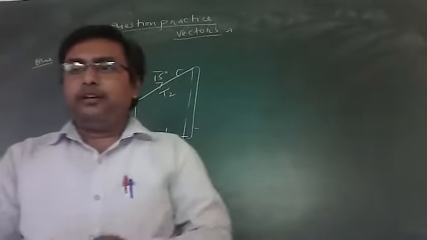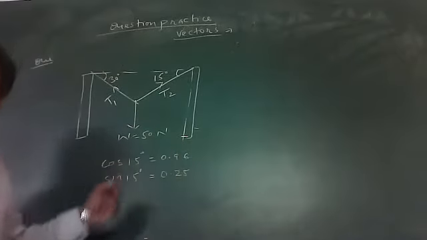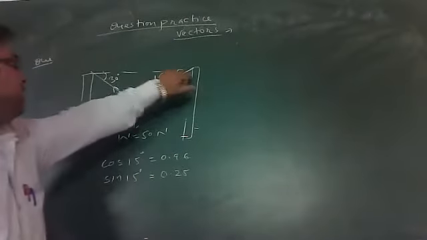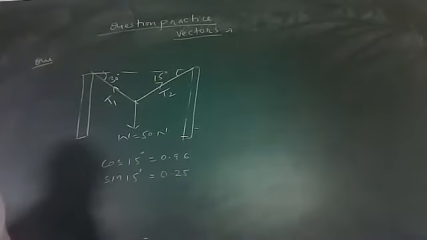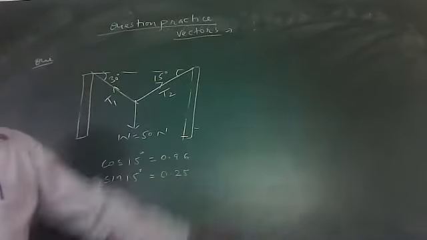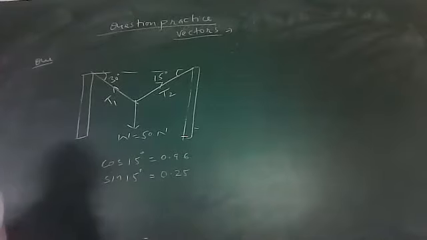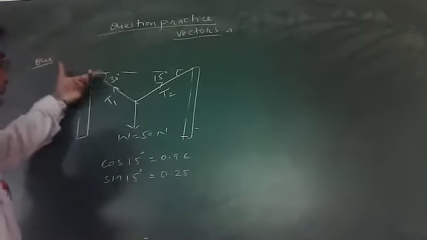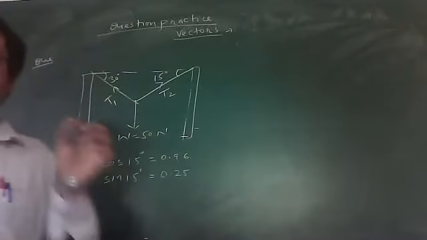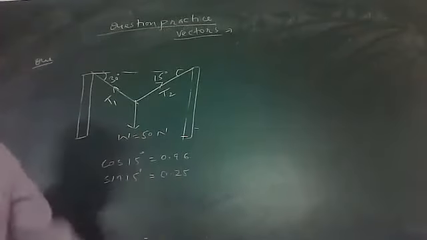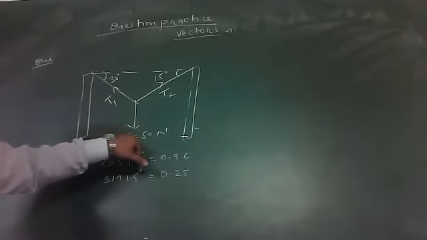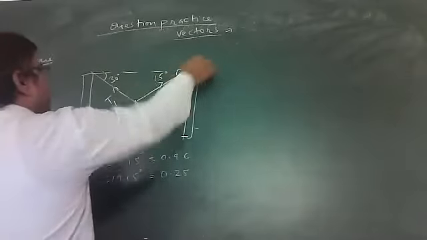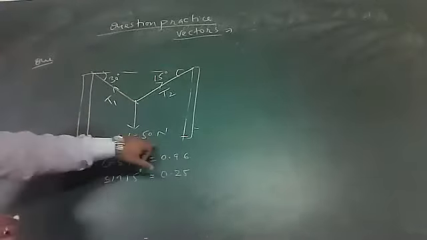Write question number 3. First write the statement, then draw the diagram. A rope, you can see the rope in the sketch. A rope is stretched between two poles by a weight of 50 Newton, as shown in the figure. These are two poles. This is a rope, and this rope is pulled by a weight of 50 Newton.